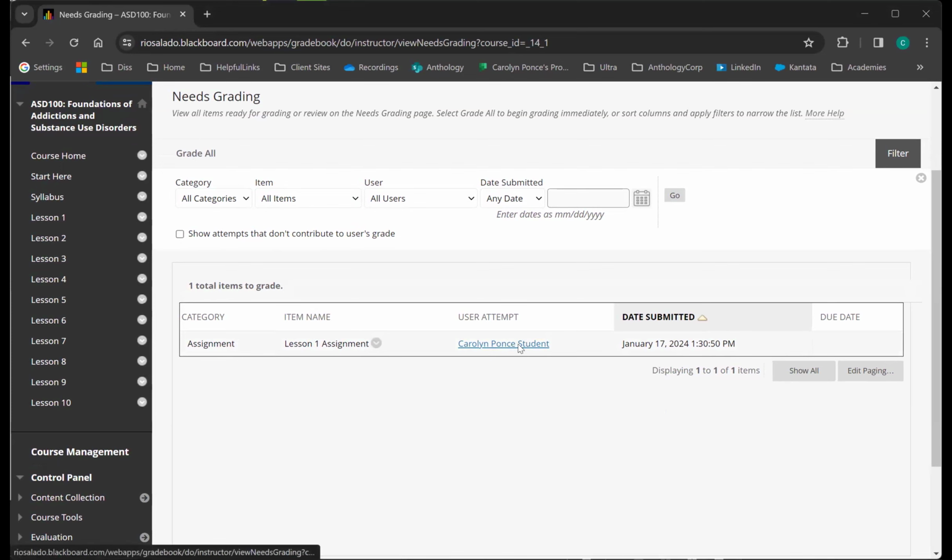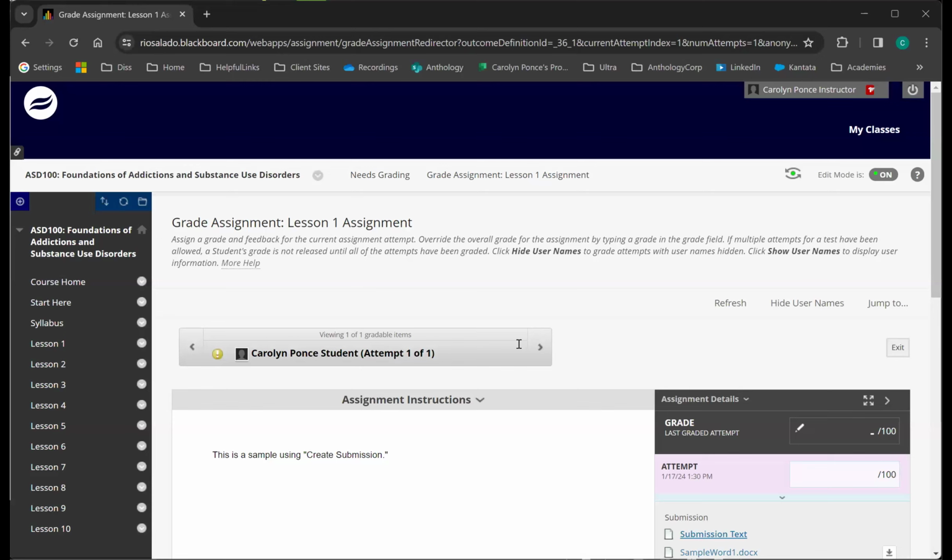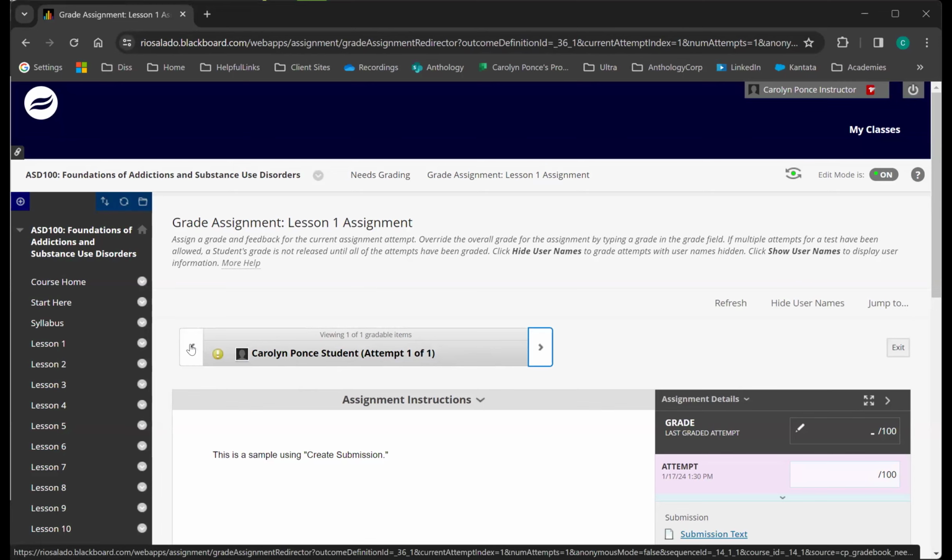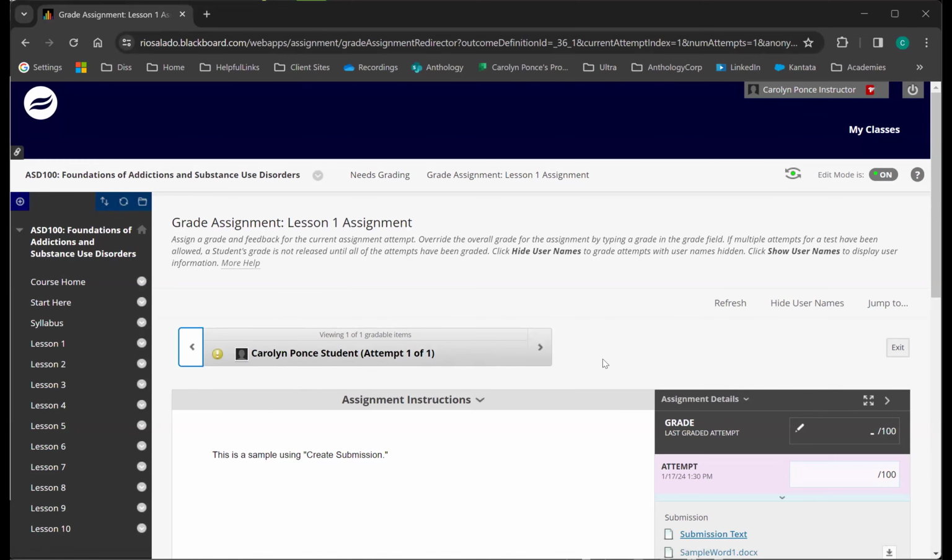That is the link that you use to access the submission. You can click on the drop-down menu for the title, but go ahead and just click on that username, and that will send you into the grading for this particular student. If you have more than one student that needs to be graded, you will be able to navigate between the students using the navigation button at the top.